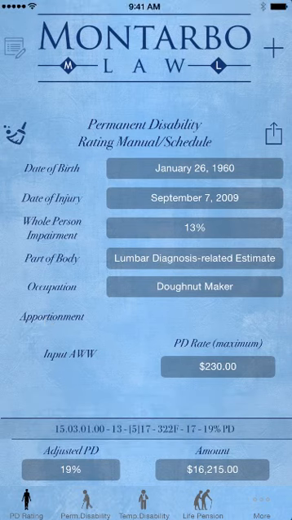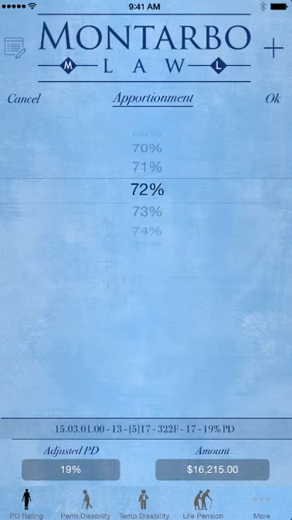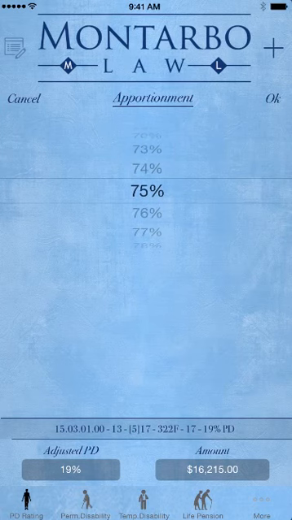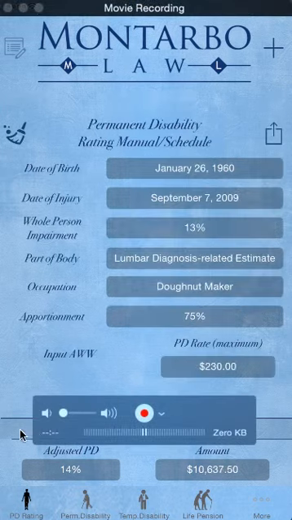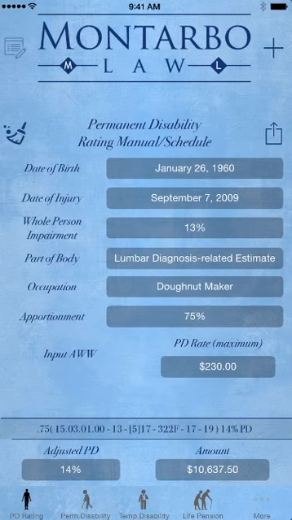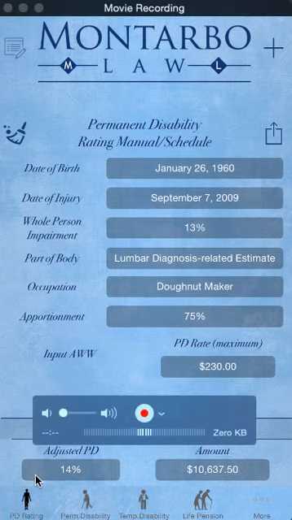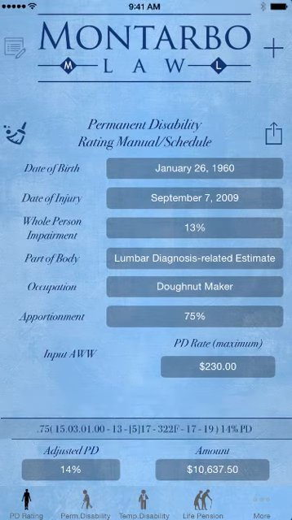Let's go ahead and select apportionment, and let's say that this back is only 75% industrial. We'll double click on that, and as you can see, the rating string has been modified now to multiply that 19% and bring it down, reducing it by 25%, or multiplying it by 75% industrial, which produces a 14% adjusted whole person impairment, adjusted for age, occupation, and DFEC, and after application of the applicable level of apportionment. You can see that we have the adjusted PD at 14% and the overall amount of PD at